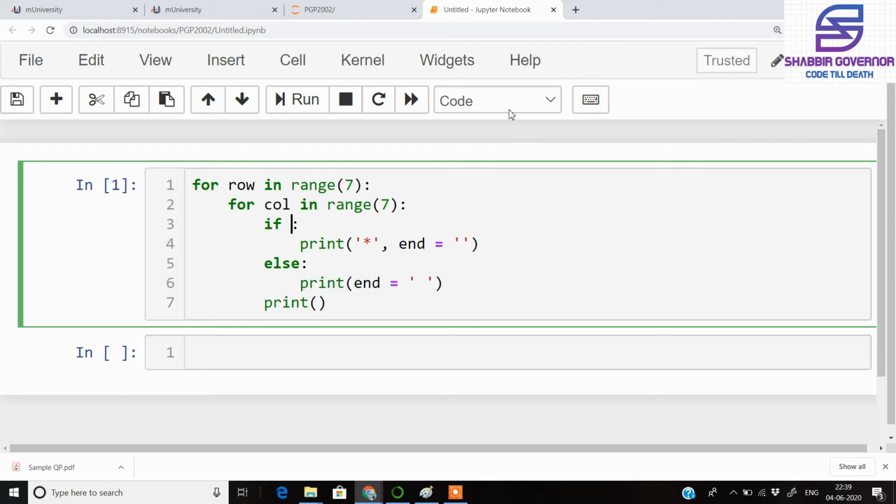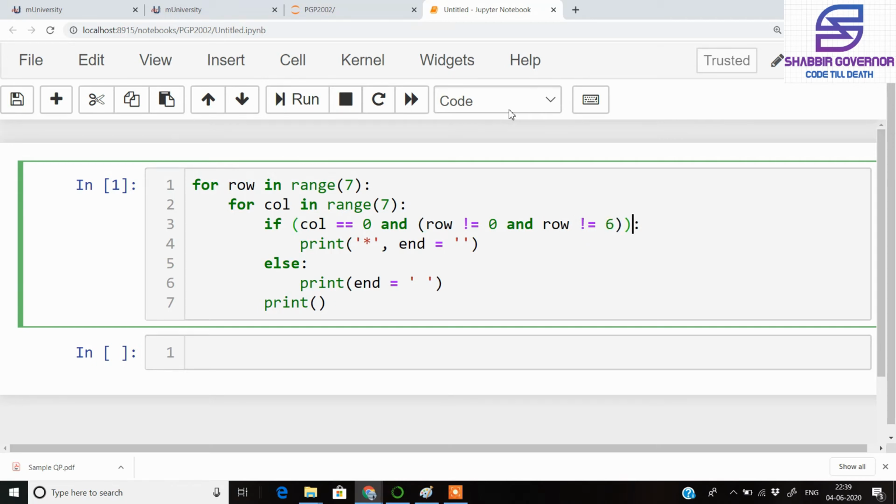Now we put the essential conditions in the if part. So as you saw, firstly we need to write for column number 0. So we write column is equal to 0. But as you saw that we had certain conditions here that we don't need stars at row number 0 and row number 6. So for that we write a separate condition, that is and row is not equal to 0 and row is not equal to 6. So this is done for column number 0.